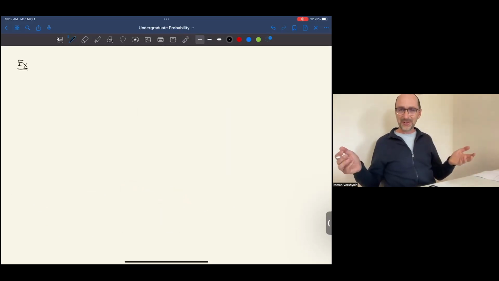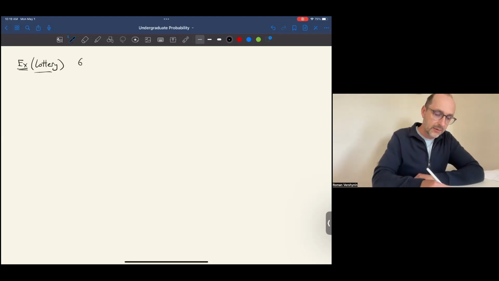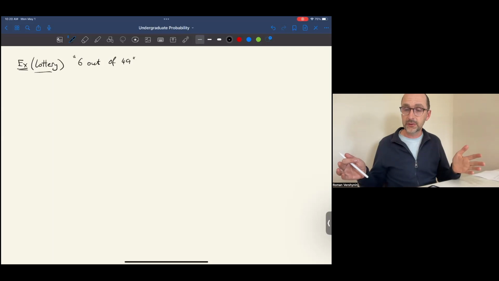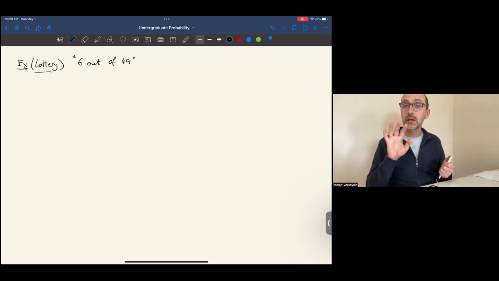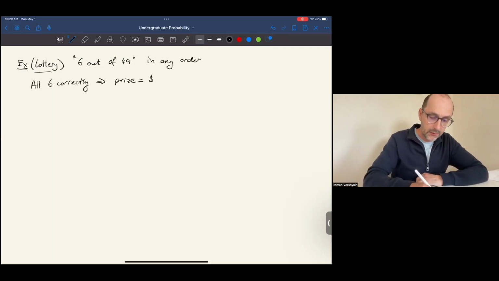And now we're ready for a fun example where we analyze a lottery, specifically a 6 out of 49 lottery. There are 49 numbers total. To play the lottery, we choose 6 from these numbers in any order. If we choose all 6 correctly, we win the grand prize of